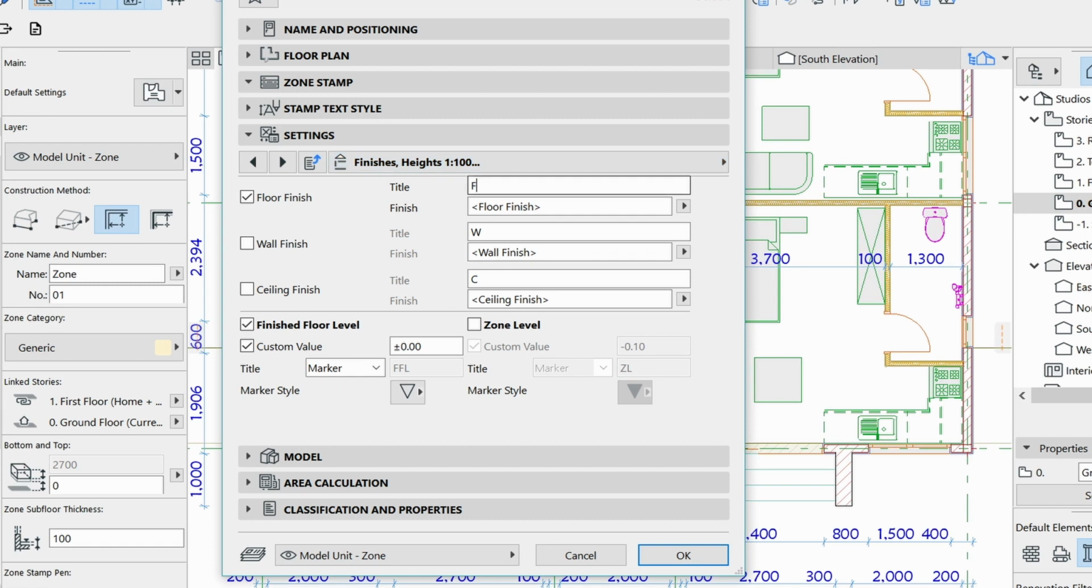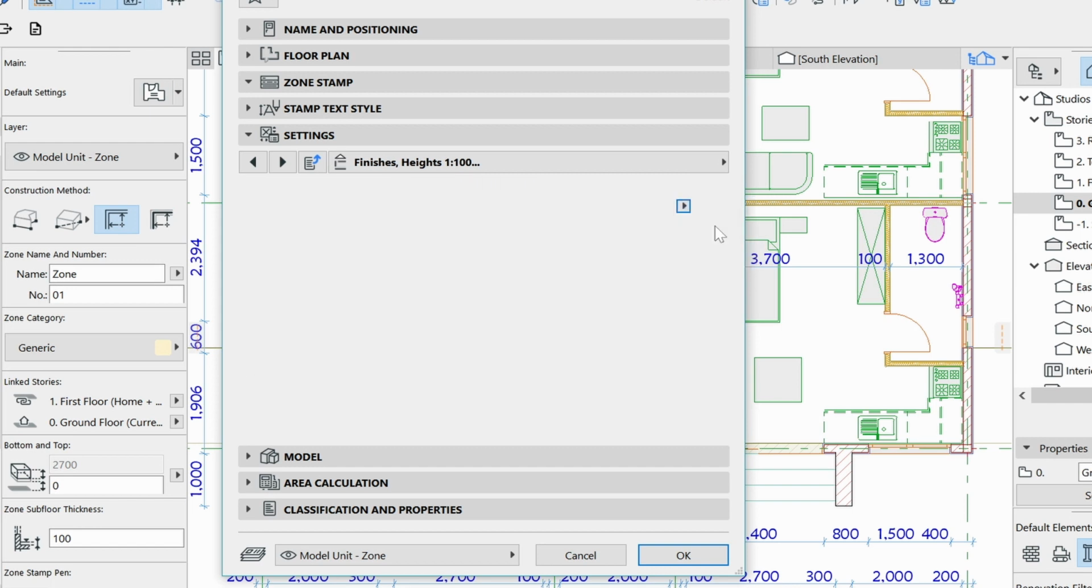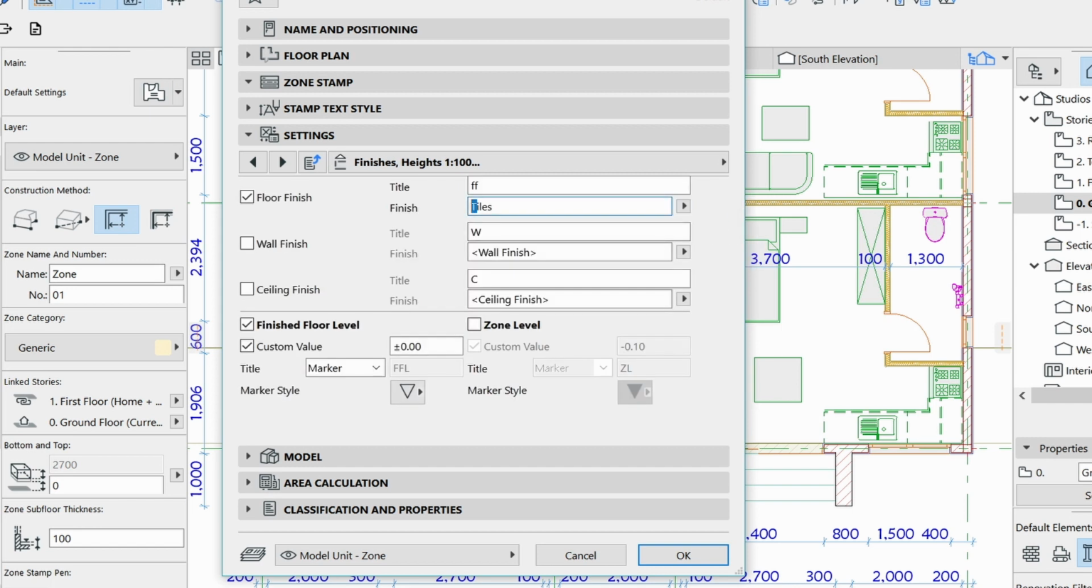So let's see what's the title for the floor finish. I'm going to put FF for floor finish, and then what's the finish. They give you some options here, so you can choose parquet, tiles, screed, and for my case, for this space, I want it to be tiles. In case you want to be a little bit specific, I think I'm going to use porcelain tiles for the floor finish, and I do not need wall finish, I do not need ceiling finish,